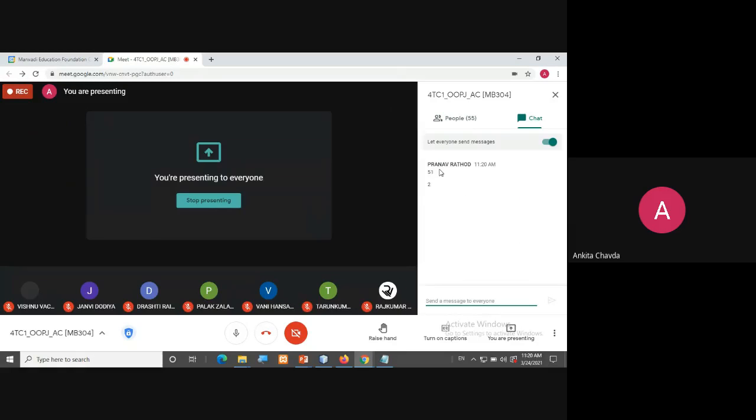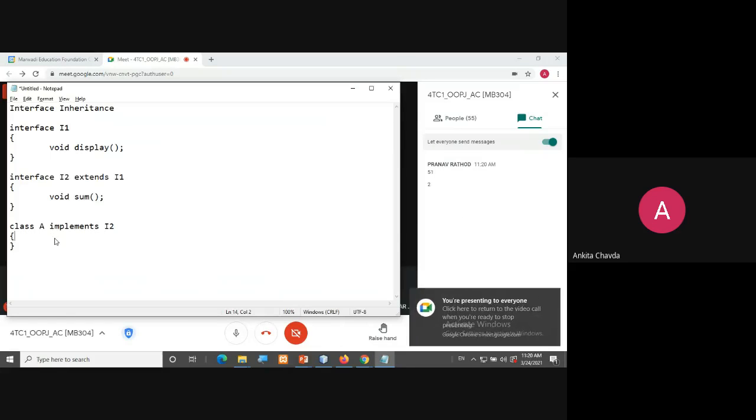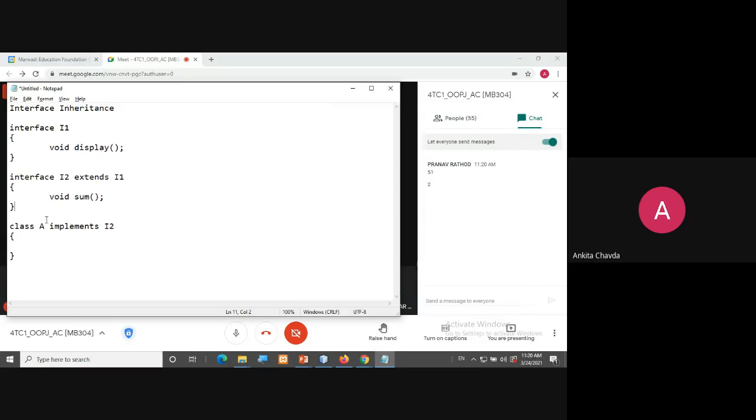Yeah, okay, correct, right? It's I2, or you can say I1, according to the previous example. So here they compulsorily need to give these two methods, though you have only implemented I2. In this I2 you can see only one method, but you haven't noticed that it extends I1.